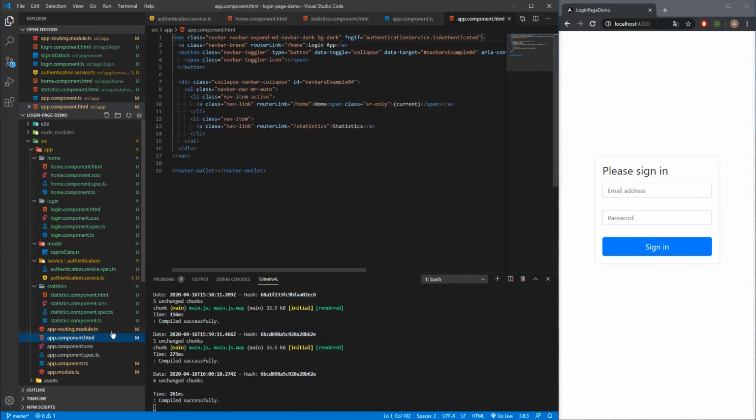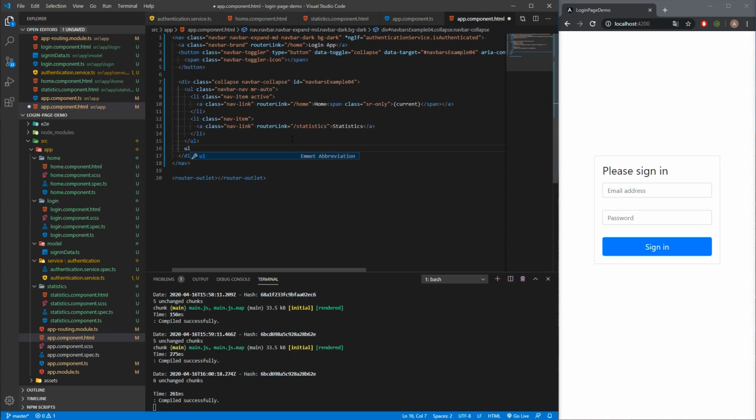Now we can go to the app component HTML file, and over here under this unordered list element with the navbar nav mr auto classes, we'll create another unordered list, and it will be navbar nav class, and also this time it will be margin left set to auto, because we want to float the logout button to the right. And inside we'll have li element, so it's the list item, and it will be nav item, and also we'll add the pointer class, and inside we will have